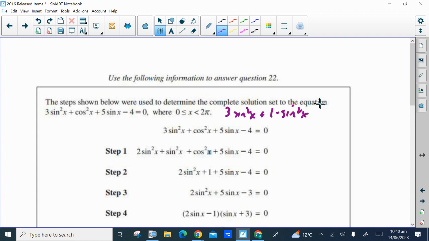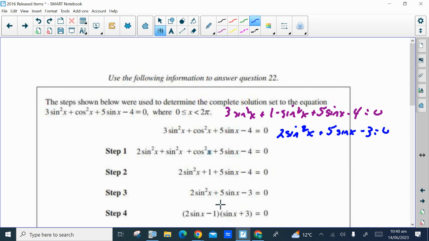That comes from that Pythagorean identity, plus 5 sine x minus 4 equals 0. So if I simplify this, 3 sine squared x minus sine squared x gives us 2 sine squared x plus 5 sine x,